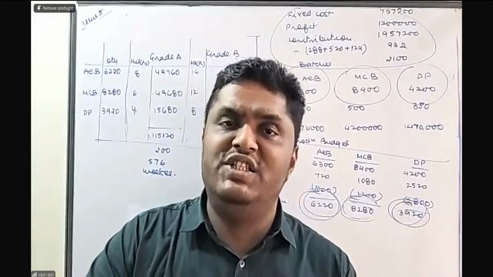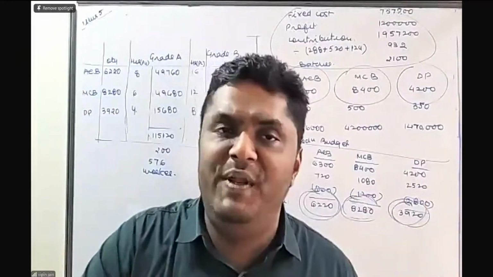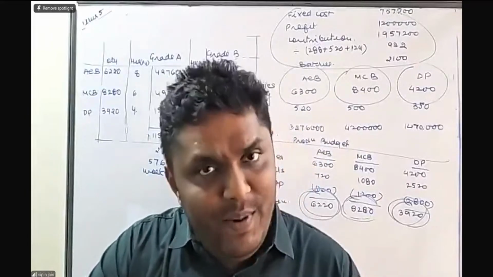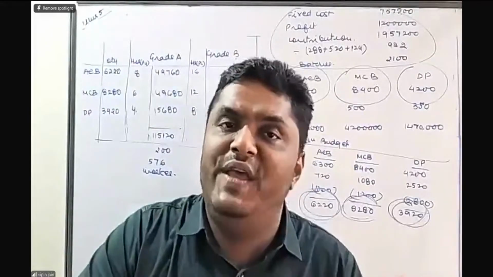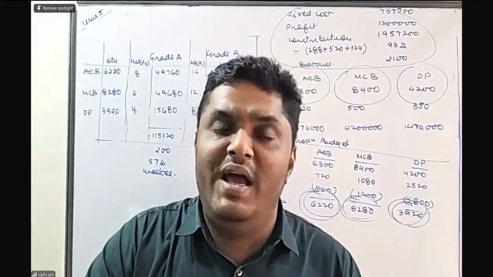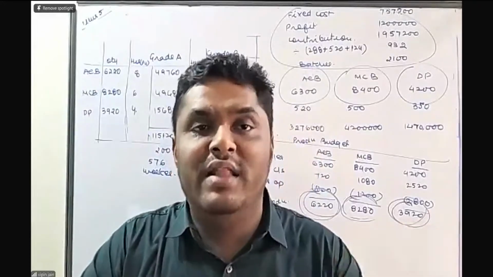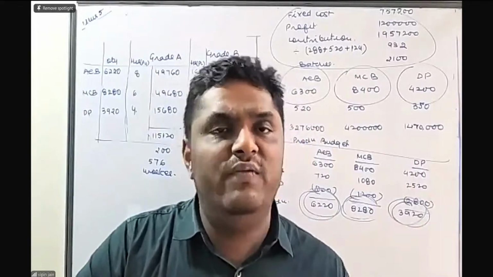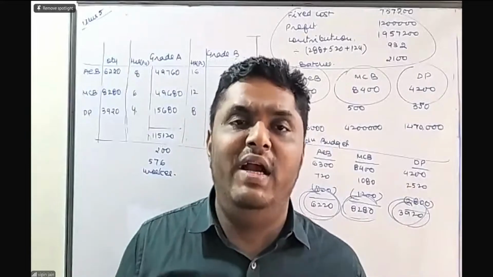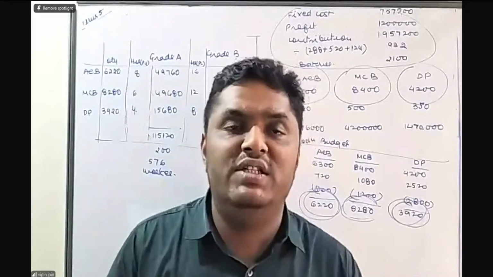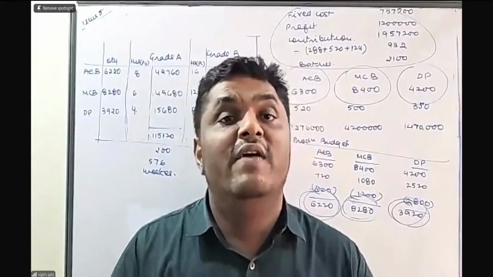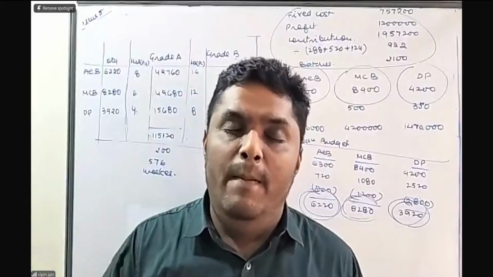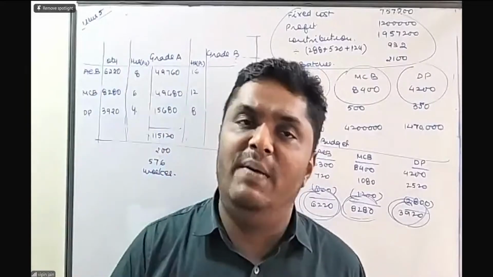This chapter is the summary of all we discussed in the previous chapters, especially standard costing, marginal costing, material costing, labor costing also. The calculation of workforce we have learned in labor. The calculation of production we have discussed in material. The ratios we have discussed in standard costing. The contribution calculations we have learned in marginal costing. At the end of the day, the master budget, the cost calculation, work cost, cost of production, cost of sales, we have learned in cost sheet. So just